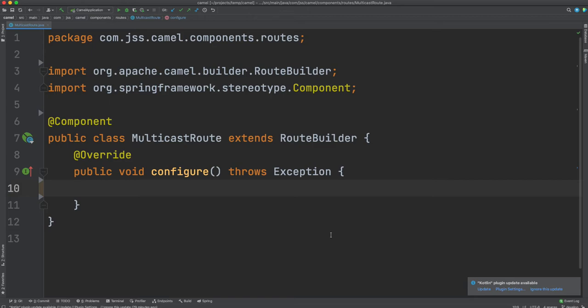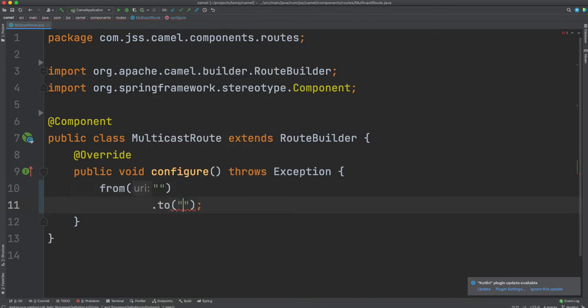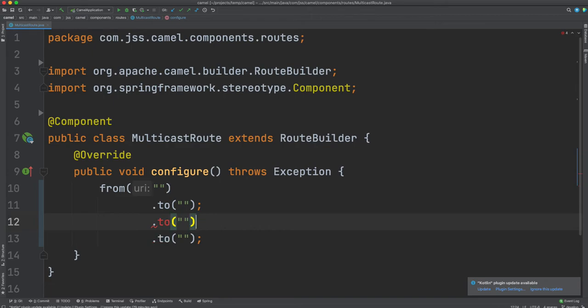So typically how we do it, we're going to say from, and to. If I'm not using this multicast EIP, I'll typically send it to these various twos, correct? Or to itself can take a list, right?